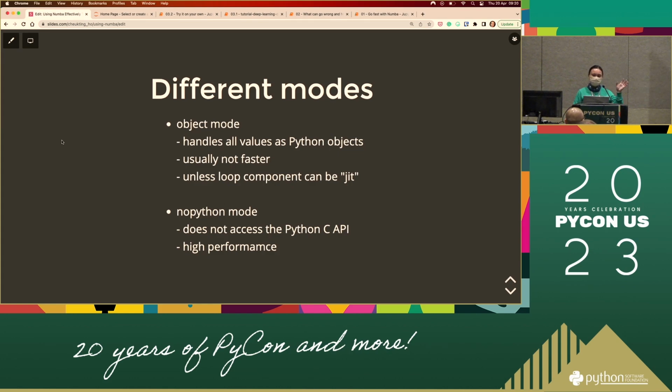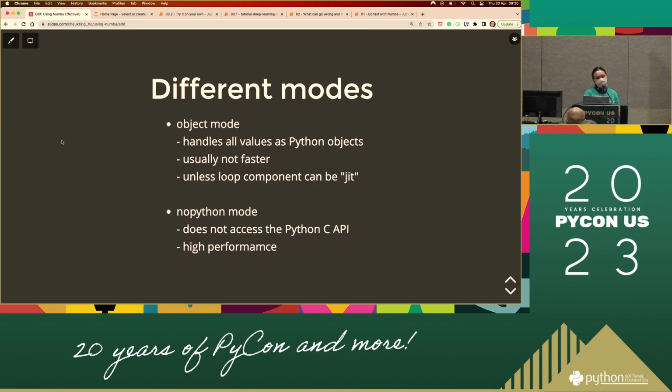If you can make everything nopython mode, then you would probably have a very fast time, if you don't count the compiling time. But it's not always the case, right? A lot of number things, a lot of simple calculations, you can use nopython mode. But we have all been there, right? We have used different Python objects to do different things.